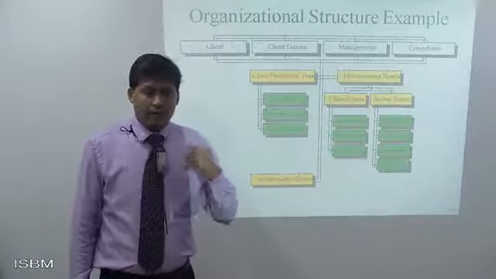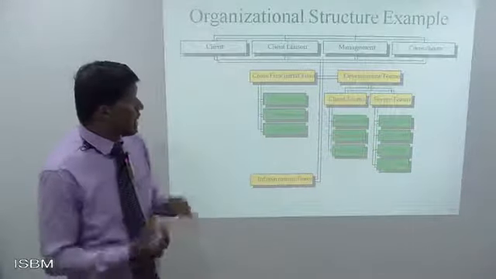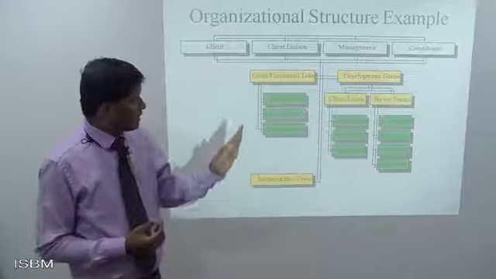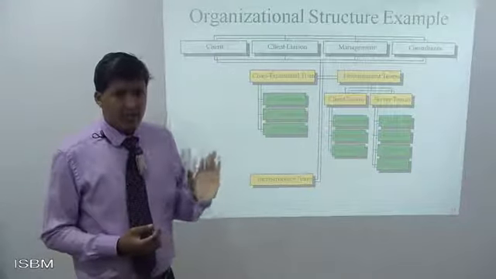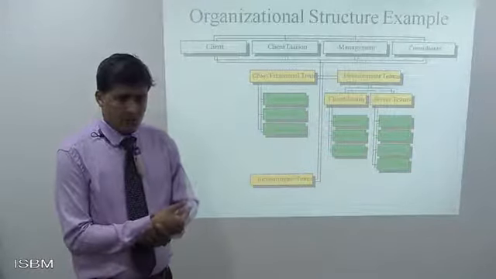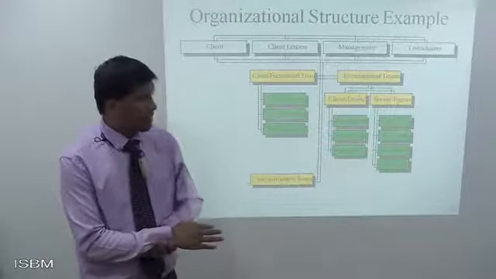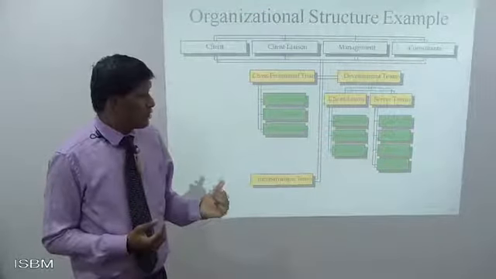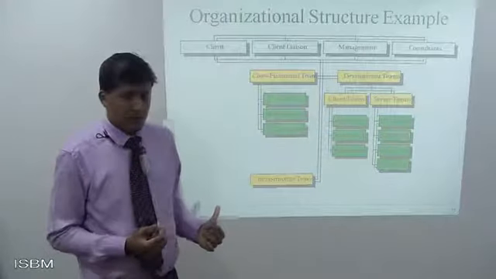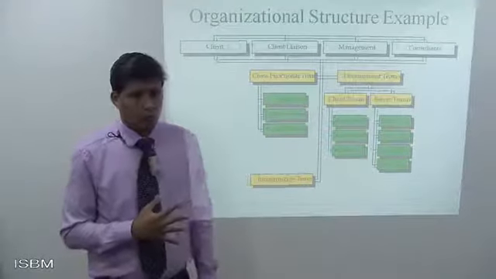So whatever we are seeing, if we want to put it on the floor, it will look something like this. We have a client on one hand, we have a client license, we have management and consultants. A clear demarcation in terms of license, we have a cross-functional team in terms of the architecture, documentation, user interface. We also have in management a development team, which will have a client team and the server team. So we'll have a system, subsystem associated with each of these, and we have an infrastructure team as well when it comes to IT support. So this is what an overview would look like.